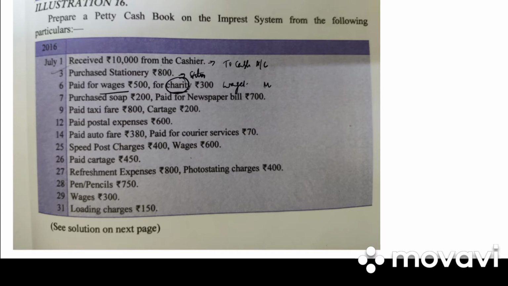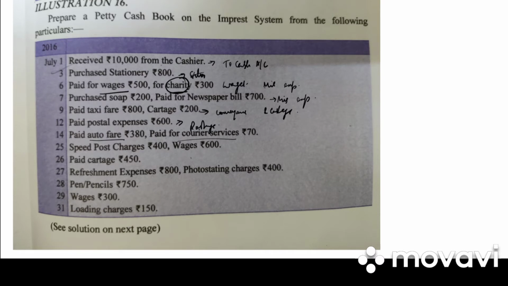Charity हम miscellaneous expenses में लिख सकते हैं. Then we have purchase soap, newspaper. This will be written in miscellaneous expenditure. Paid taxi fare and cartage. We'll have a column for conveyance and cartage. Paid postal expenditure. We'll have a separate column for postage. Then we have auto fare and courier charges. Auto fare will be in conveyance expenses and courier services would be in